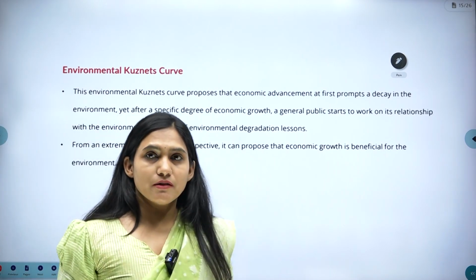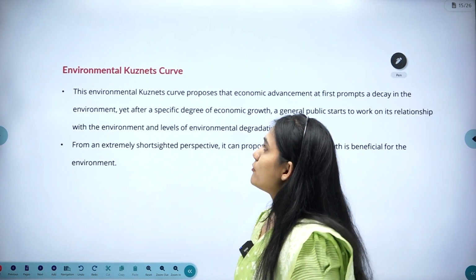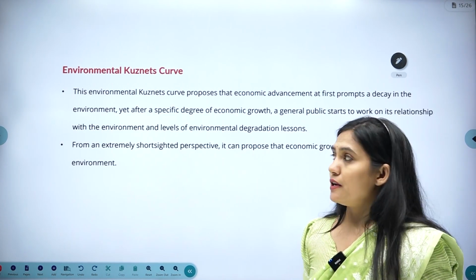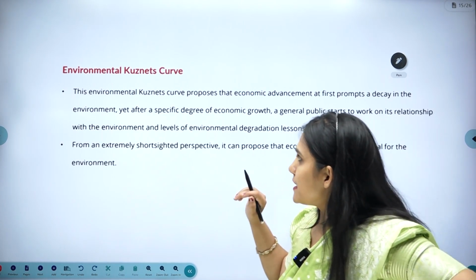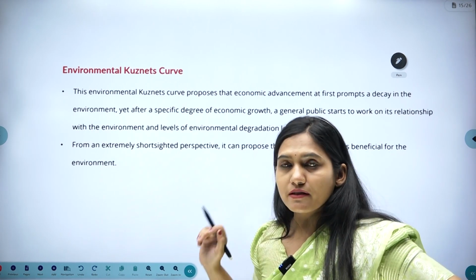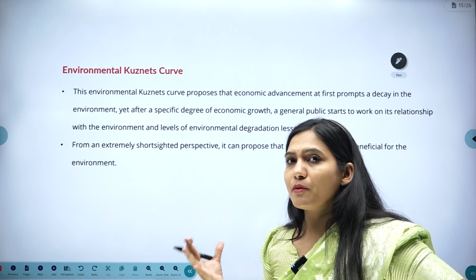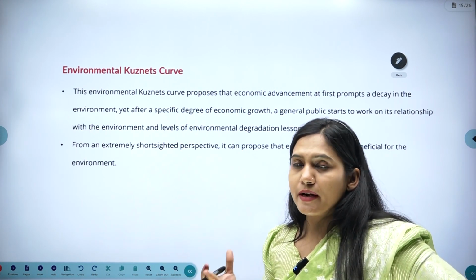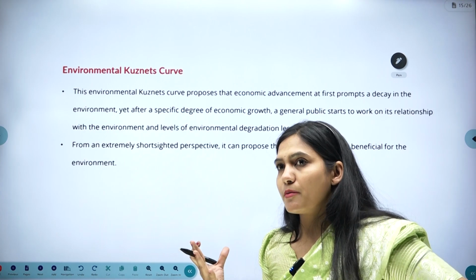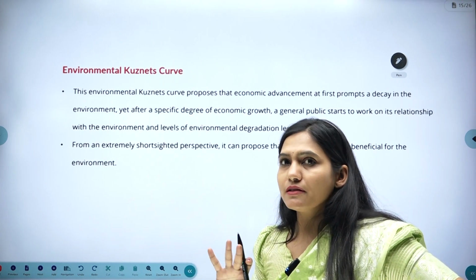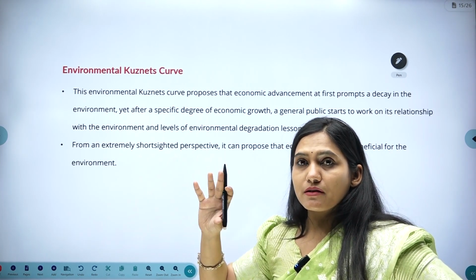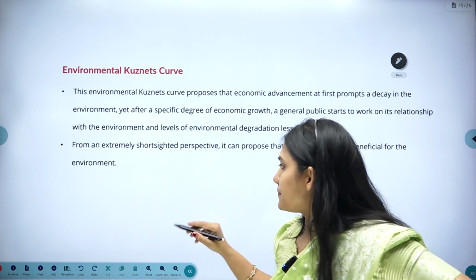Then there is one more curve, the environmental Kuznets curve. What is stated in the environmental Kuznets curve is, initially when economic development happens, the environmental destruction is not up to that extent, or it is normal. But as economic development happens,